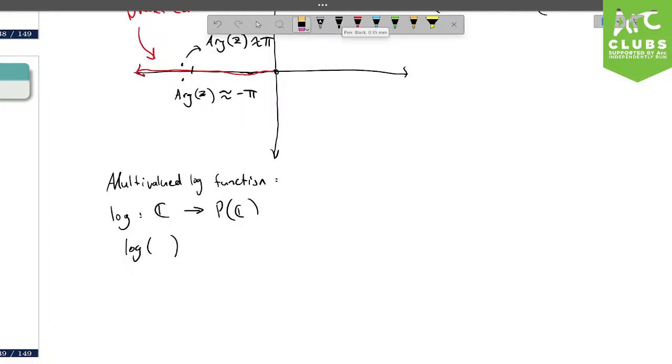So if we have that e to the z is equal to w, then